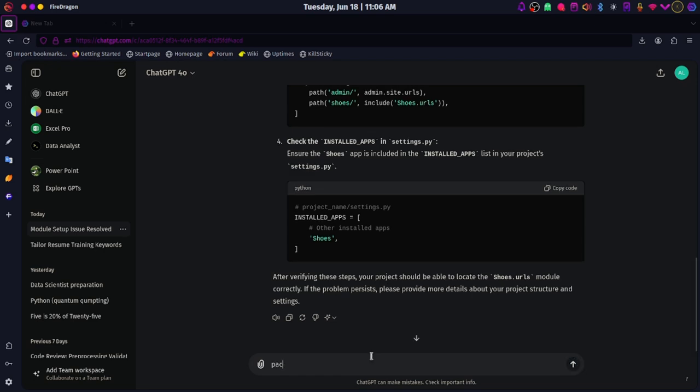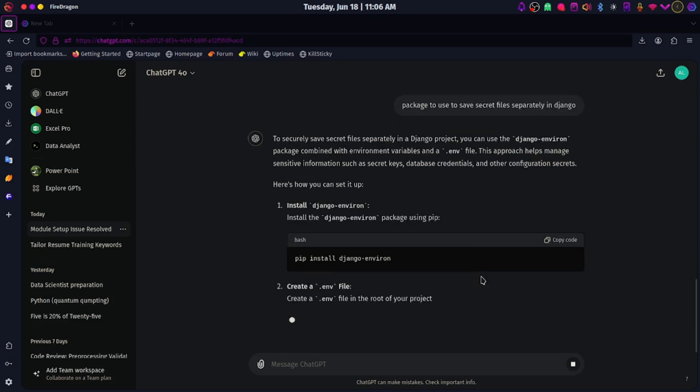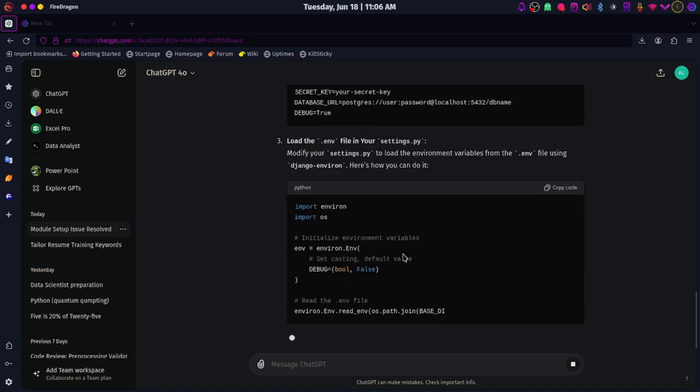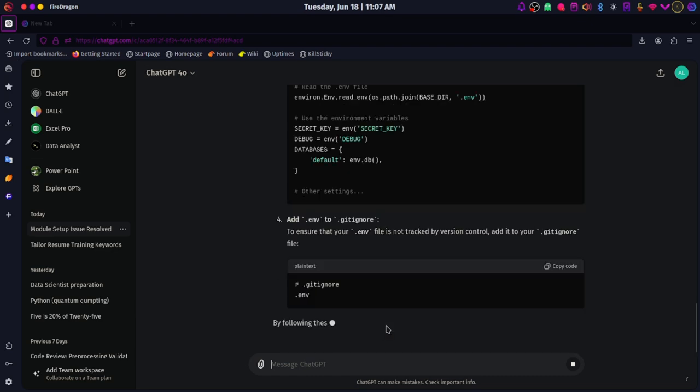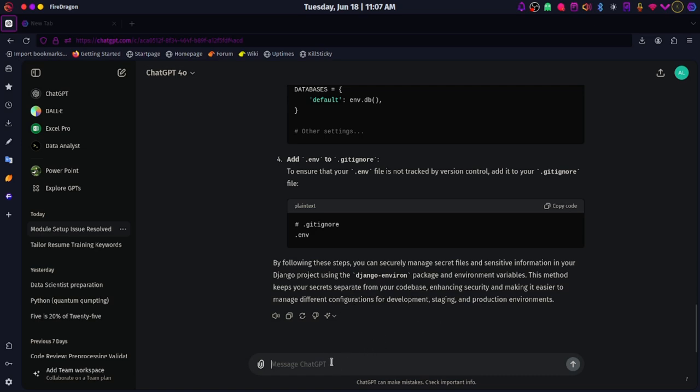So okay, let's say you don't know how to use a secret key. How can you do this using ChatGPT? You just have to search for it. So I can say something like package to use to save secret key files in Django. I know of two methods. The first one is the Django environment, and then Python decouple. But I kind of like using Python decouple because it's simpler to use. You see, ChatGPT is recommending me to use Django environment, but I want to use Python decouple. So let me just say how about Python decouple